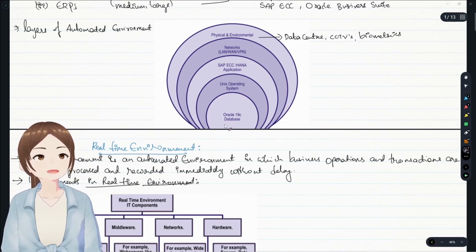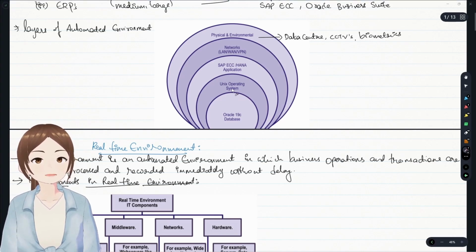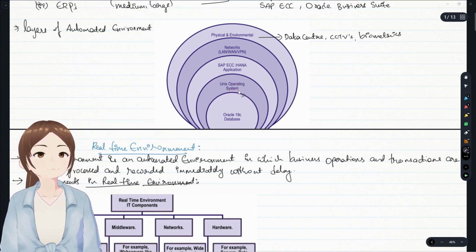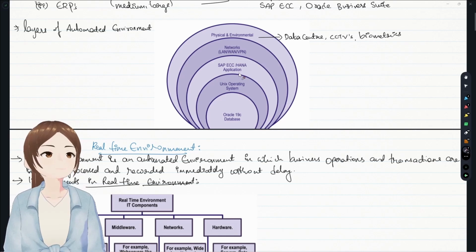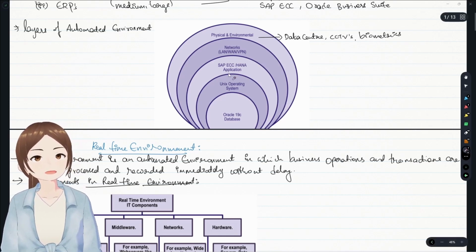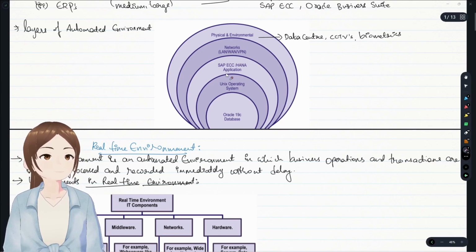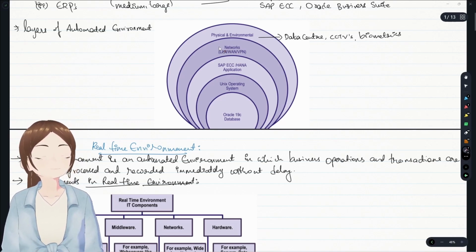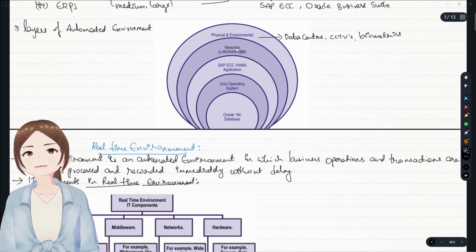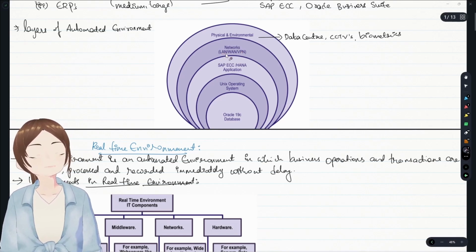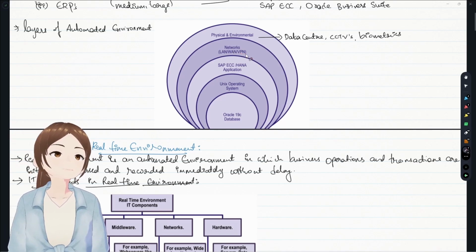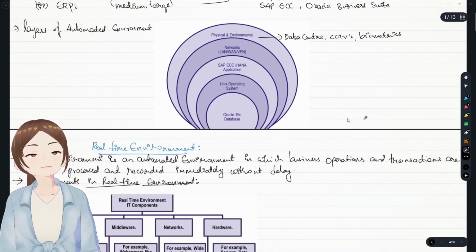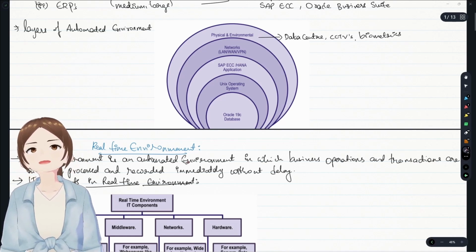Database: if you think of a database, it's the PDF that you're reading right now. Operating system is the Windows that is in the system, and application is the software that I'm using to open that PDF, like Adobe, Dropbox, etc. And network is the network through which we are connecting. LAN is used mostly in big corporates for private networks. WAN is the Wi-Fi that we normally use. VPN, virtual private network. Physical and environmental is the keyboard or mouse or monitor or the camera that we are using right now.